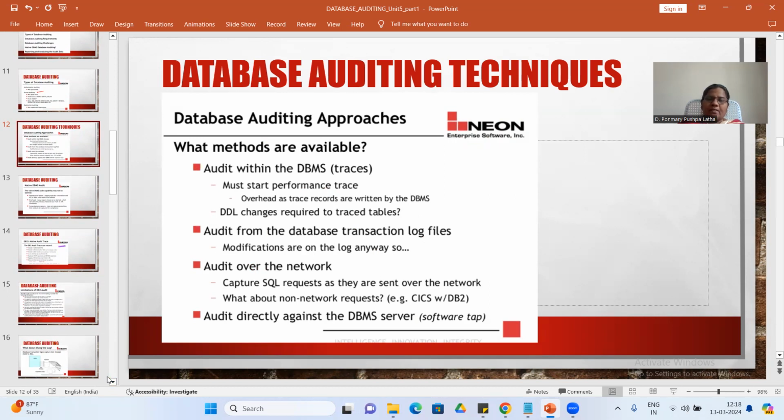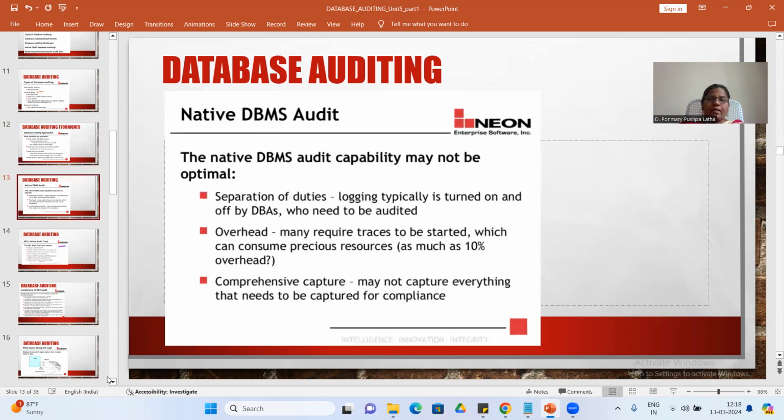You can audit from the transaction log files. Whenever a modification occurs, it records who has modified that. You can also audit over the network, and audit directly against the DBMS server.